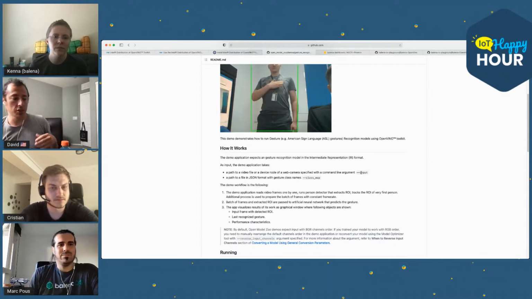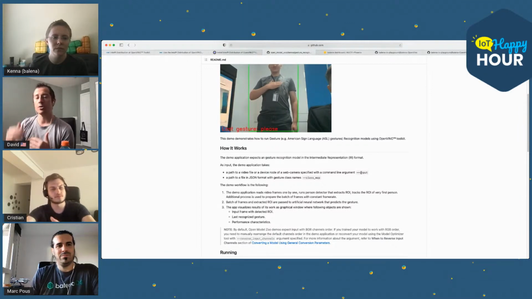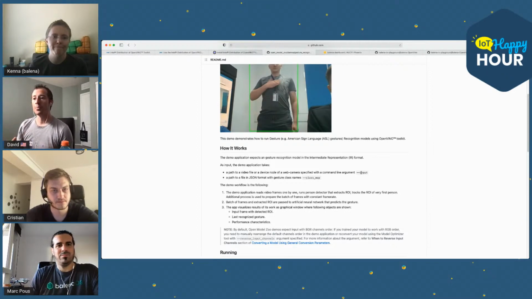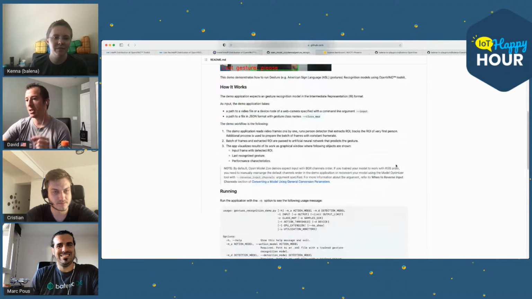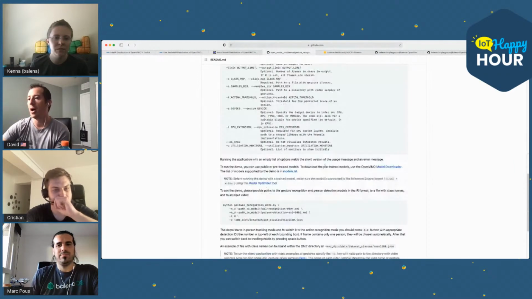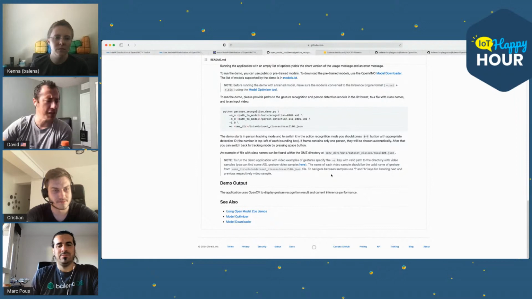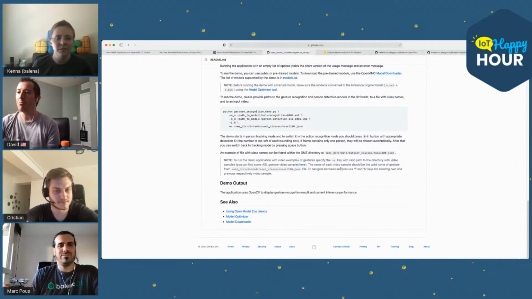So again, this is where the model being separated from the application is pretty neat and pretty powerful. In that document, they were using this exact application, the gesture recognition demo Python, and their input was a different model. It was distracted driving, I think, people looking away from the steering wheel, checking their cell phone, or playing with the radio. So you can make use of the application in different ways.